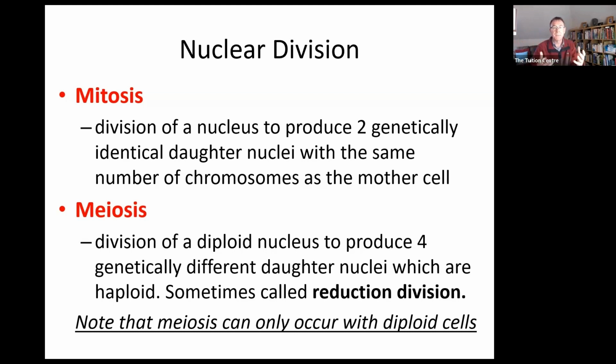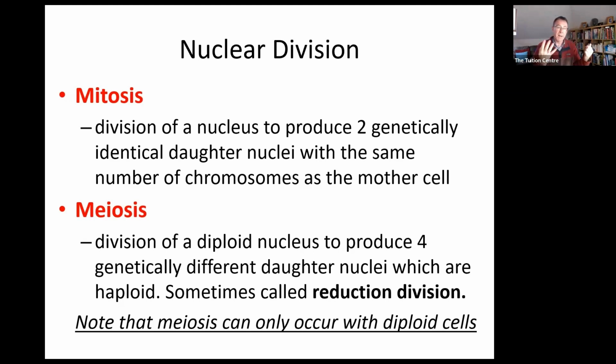Not so with meiosis. In meiosis, not only is it nuclear division, but we'll see in a second it can only happen for diploid nuclei. Mitosis can happen with either diploid or haploid nuclei. It's not a problem. But meiosis is restricted. It's a very special case of nuclear division. It can only work with diploid nuclei, and the reason is that the daughters produced, of which there are four, are all genetically different from each other and from the original mother cell,